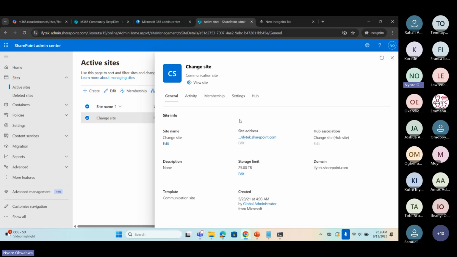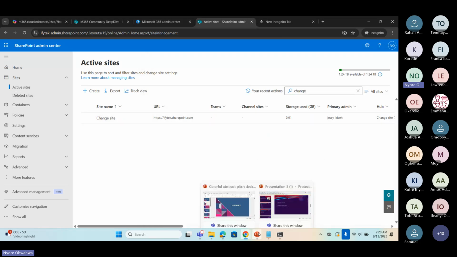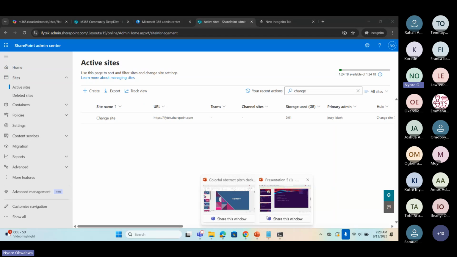A root site is always a communication site. And then for old SharePoint sites that were created long ago, they were created just as basic classic sites, which I'm sure has changed over the time because Microsoft has started moving or has moved classic sites to modern sites. So basically, any root site that you see, you should see it as a communication site. Okay, so